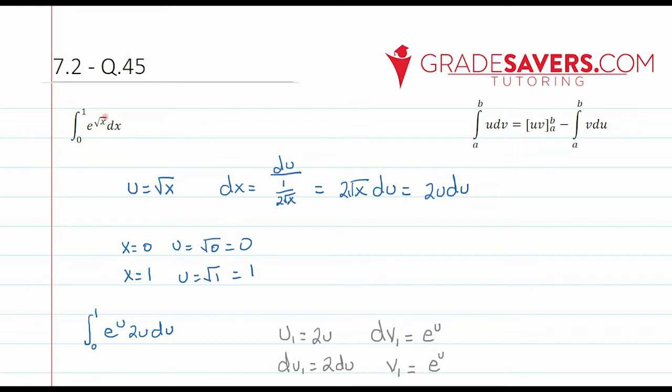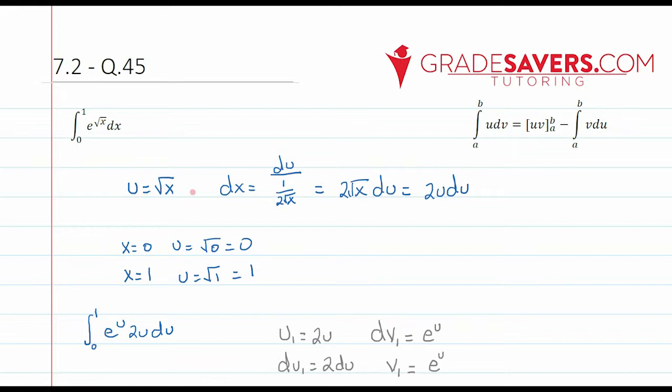The question reads, what is the definite integral from 0 to 1 of e to the root x dx? And they would like for us to make an appropriate substitution before we begin integration by parts. So let's begin. In order to do substitution, we will first select our u, and we will let u equal